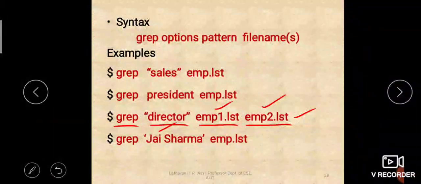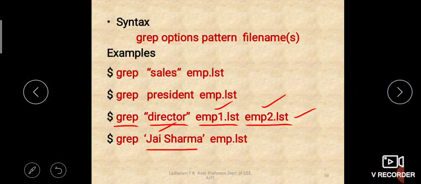See here, we are using a pattern which contains multiple words, two words. One is Jai and the other one is Sharma. You have to put it in quotes. So what happens if you don't use quotes here? If you don't use quotes, it will simply take only Jai as the pattern and Sharma as the file name, isn't it? Because if you don't use the quotes, the first word will be taken as the pattern, the second word will be taken as a file name, and emp.list will also be taken as a file name.